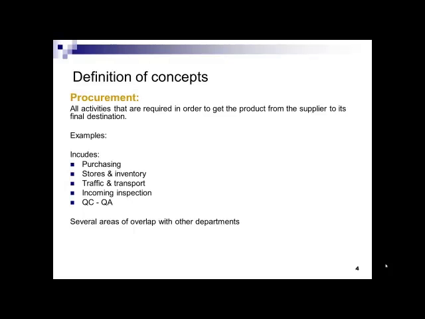Who's going to check that the right stuff's been delivered? Who's going to check that the quality is up to scratch? And that covers areas of QC and QA, that is quality control and quality assurance. So again, what are the mechanisms that are going to be in place to make sure that the products delivered are not only the right products, but are to an acceptable level of quality and consistently so?